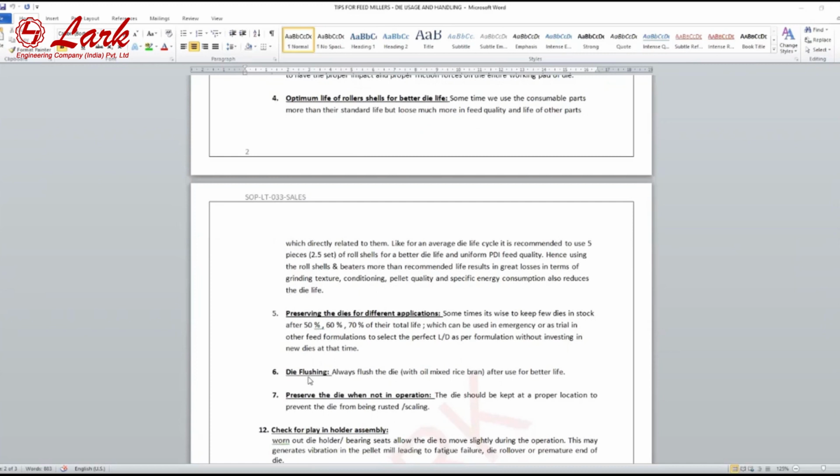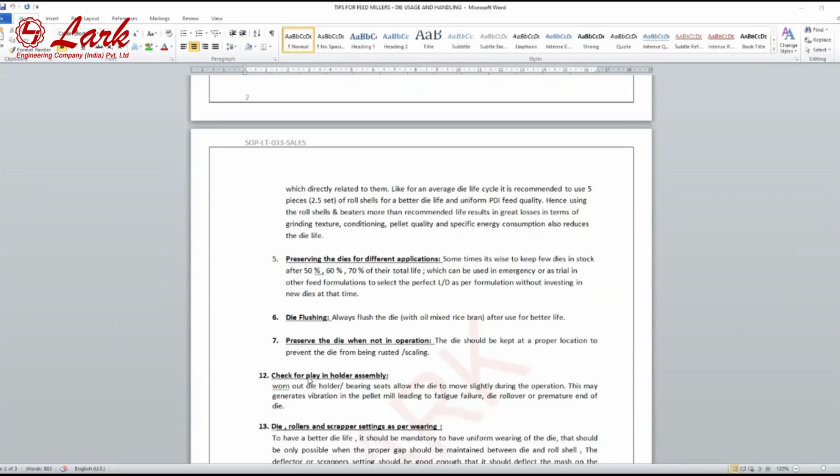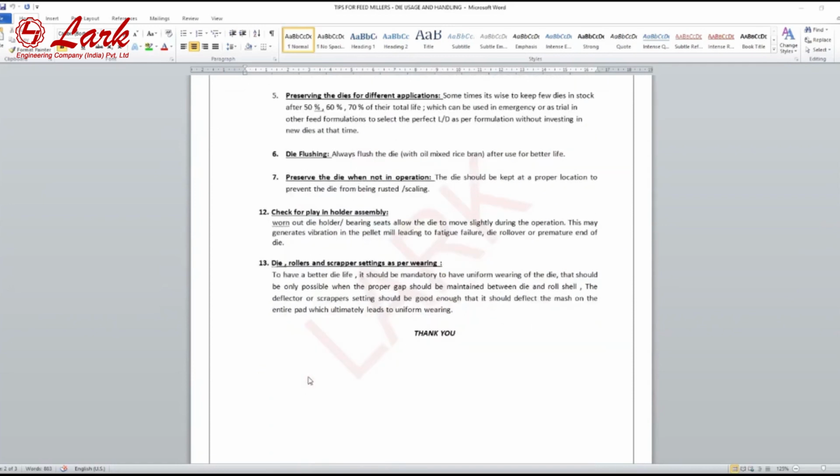लेकिन जब आपने डे में फीड मिल बंद किया, आपको गैप डालना है 6-7 घंटे का नेक्स्ट मॉर्निंग में, तो जब आप लास्ट रेसिपी के बाद, we have to flush the die with the DORP से फ्लश करके हम डाई को प्रिजर्व करते हैं, ताकि मॉर्निंग में जो भी उसमें फीड बचा हुआ है वो चॉकिंग ना करे या इजीली निकल आए। तो डाई फ्लशिंग एक बहुत जरूरी है। तो ऐसे ये सब चीजें चेक पॉइंट्स हैं एक डाई लाइफ के लिए. Then the next point is